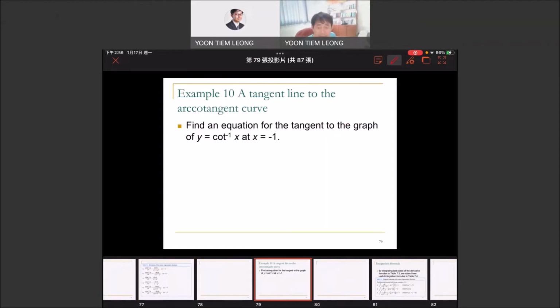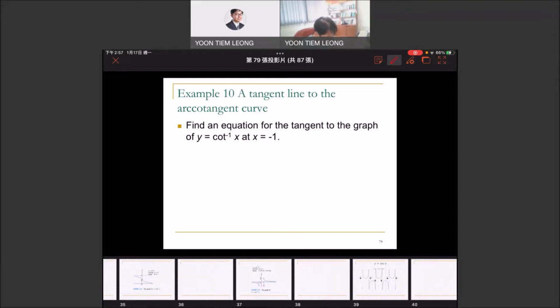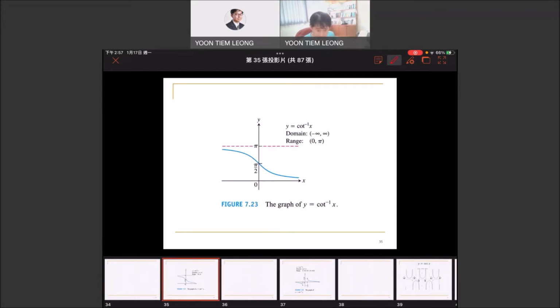So now let us look at another example, which is to find the equation of the tangent line for the graph. So this is a graph of arccotangent. If you can remember how this graph looks like, it's helpful. So let me try to figure out what the graph of the arccotangent would look like. It would look something like this. So the question asks you for this arccotangent,